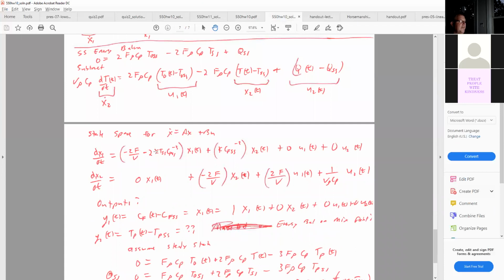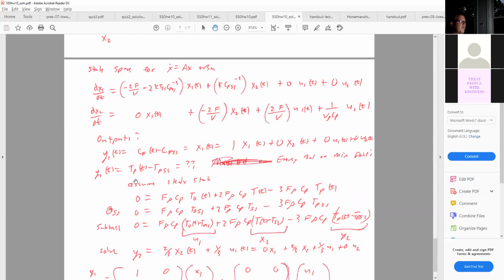So we've got most of the problem at this point. We've made the mass and energy balances, we linearized, we got it in state space form, but we don't know this product temperature. So we have to do the mass balance or the energy balance on that mixing point. What's flowing in? T0 flows in, and the reactor flows in twice as much as the feed, because this is not half and half. This is one third of the raw temperature and two thirds out of the mixing tank or the reactor. What flows out? All of this at the product temperature. So once you cancel all the F's and rho's and CP's,